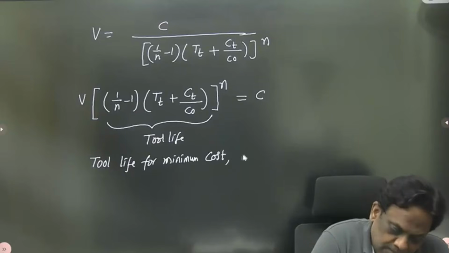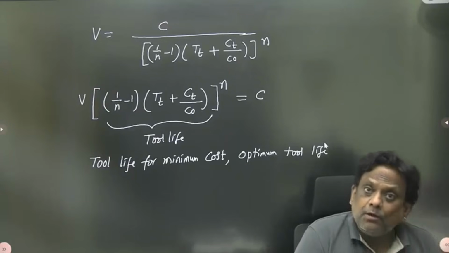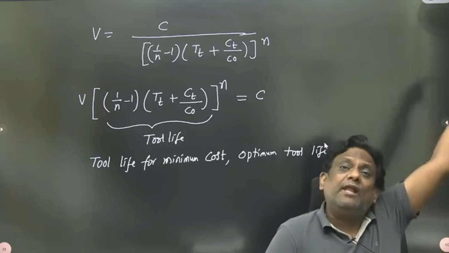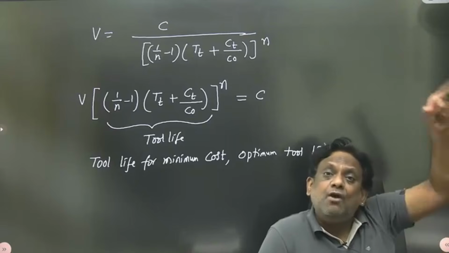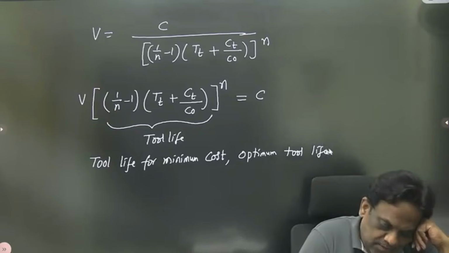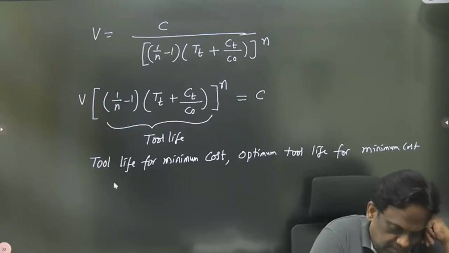or this is also known as optimum tool life. Do not get confused. Both are optimum only. One is optimum tool life for minimum production time. One is optimum tool life for minimum production cost. Optimum tool life for minimum cost is equal to